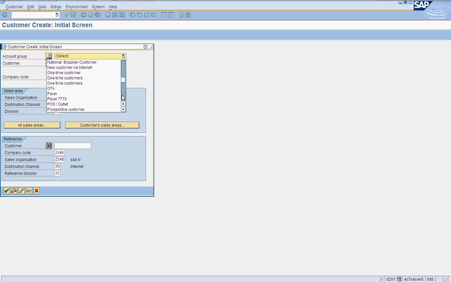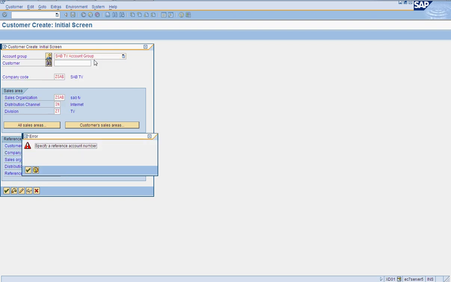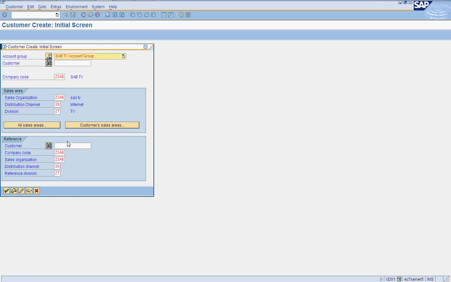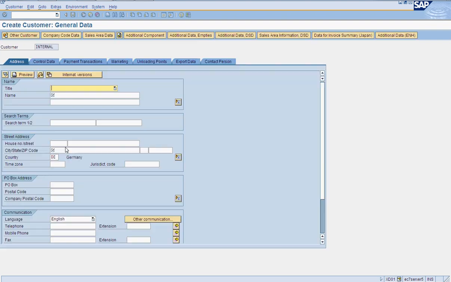Account group will be the same as our previous one. Specify a reference customer. We have specified our reference customer.